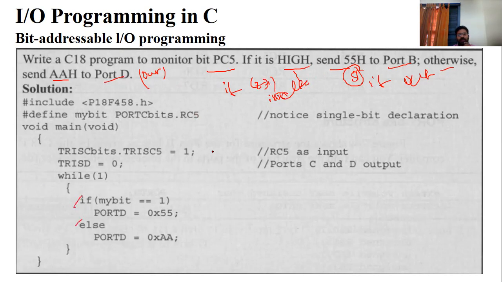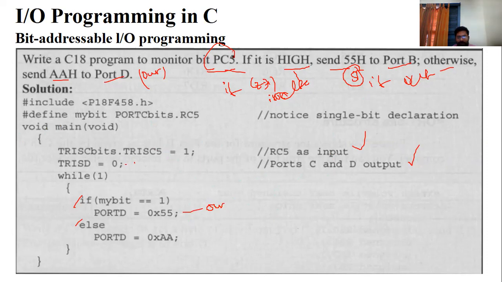So again, the PC5 bit is nothing but an input port. To know whether to send the information 0 or 1, only then can you tell. So RC5 is an input port. Port B as well as port D and port C, you can send the information. So that's why port C as well as port B are output ports. This is very easy.